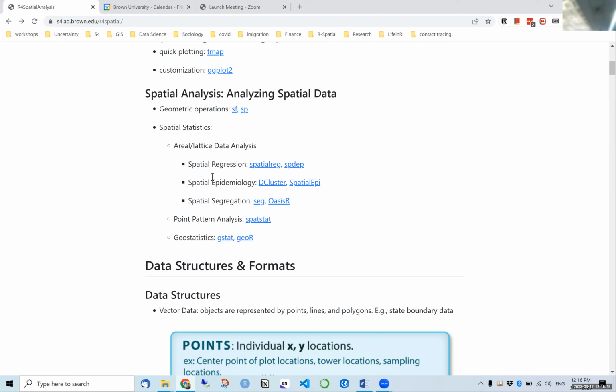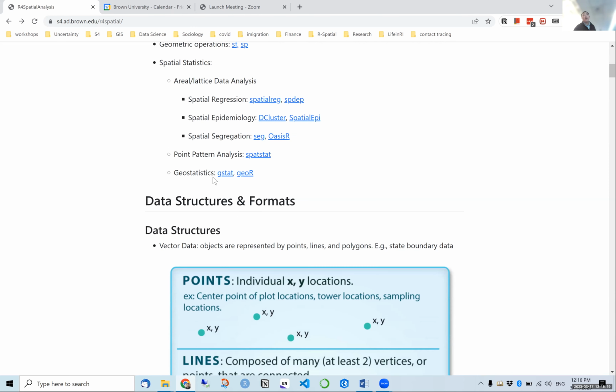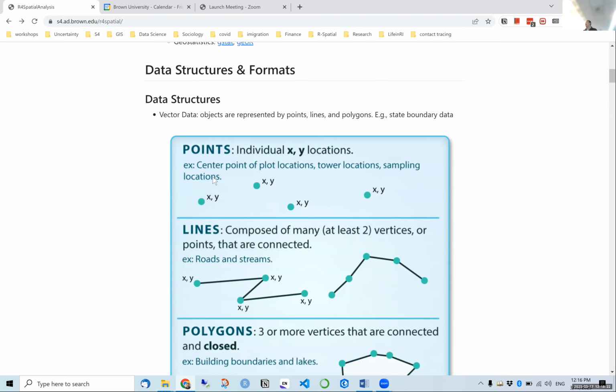Will we continue? Yeah. Now let's look at these structures and formats. So